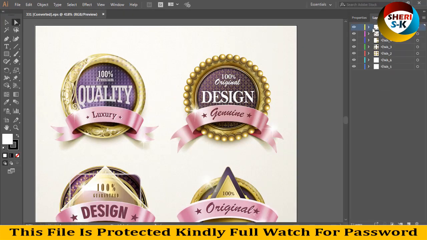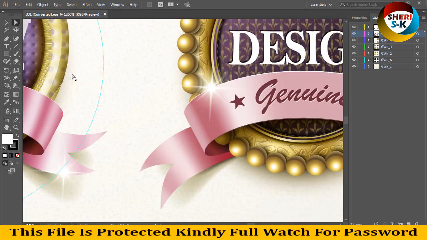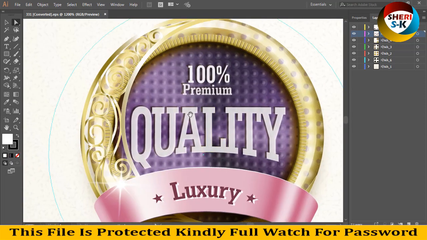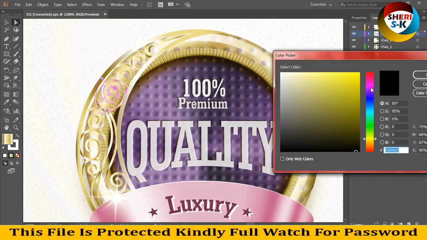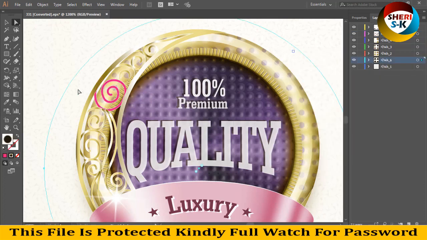So you can see here in the layer area, every shape has a layer. You can change deeply. I want to show you. You see this one by one, and you can change every color. For example, I click this and I change a color. You can see here,